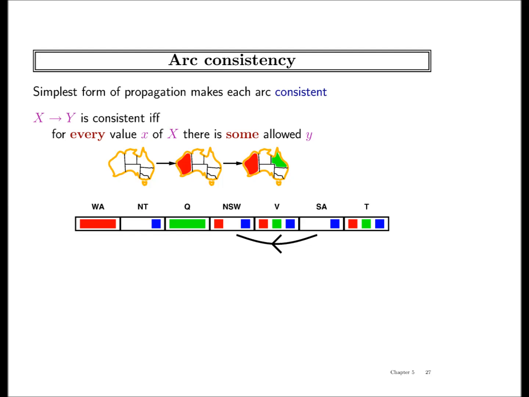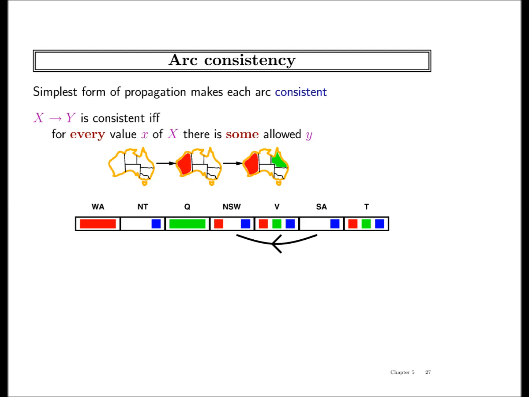Let's do the example, maybe it will become clearer. This is sort of the most interesting part of this lecture, so I want to make sure that you guys understand this. So let's come back to exactly this point. And let's do the constraint from South Australia to New South Wales. Okay? So this is my x, this is my y. For every allowed value of South Australia, do I have an allowed value for New South Wales? Yes. So we can't say much at this point, right? Let's do the reverse constraint.